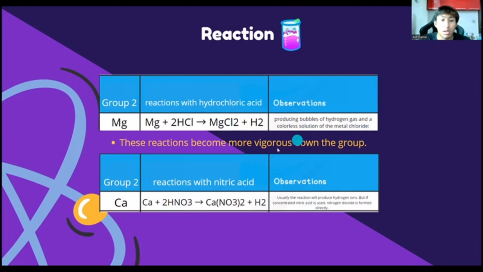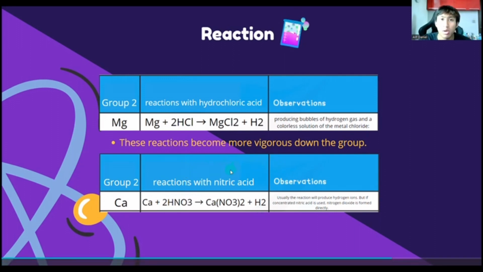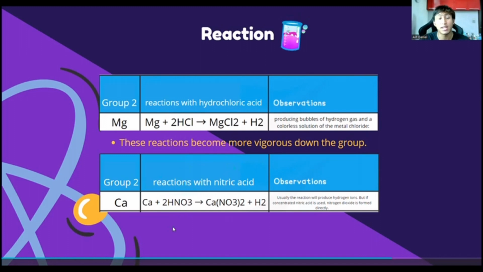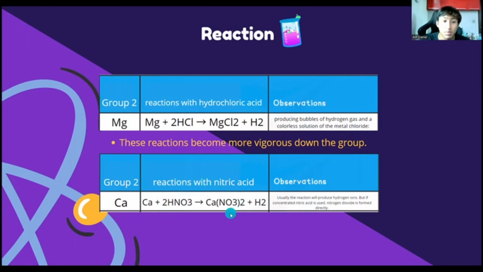And next, we will see the reactions with nitric acid. When group 2 reacts with nitric acid, the reaction will produce hydrogen as well. But when we are dealing with concentrated nitric acid, nitrogen dioxide will be formed directly, and we'll be talking more about that later. We'll take calcium as an example. When it reacts with nitric acid, calcium